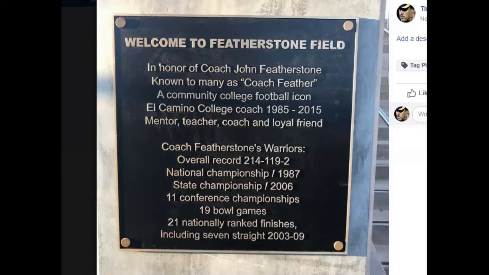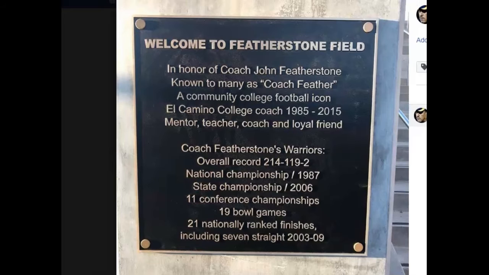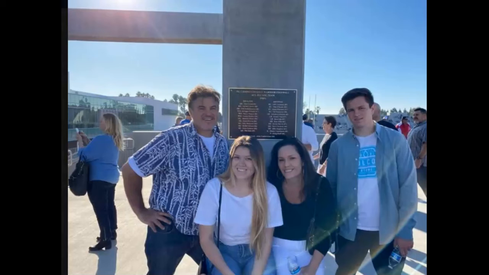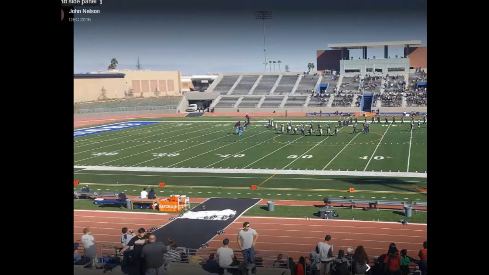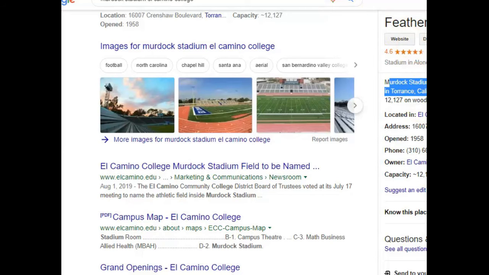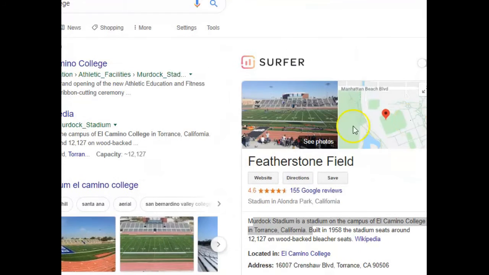And within a short amount of time, it had changed. So that's pretty cool. Now, if you look at the picture here, this is actually the... Here, I'll show you here. I'll go straight to it. So if you click on their pictures, you can see where